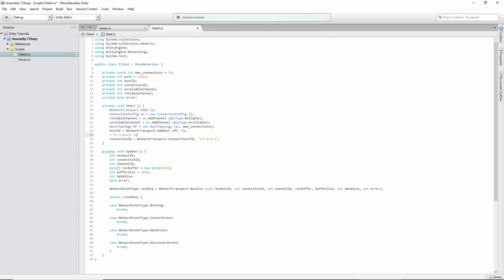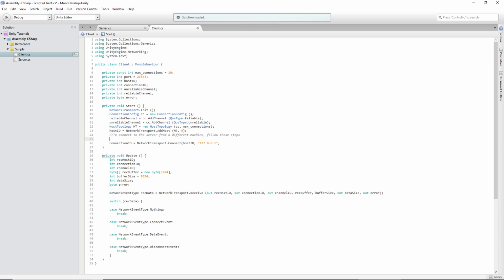Connect to the server from a different machine. Follow these steps, and then we'll type in Windows key plus R, and then type CMD, and then type in